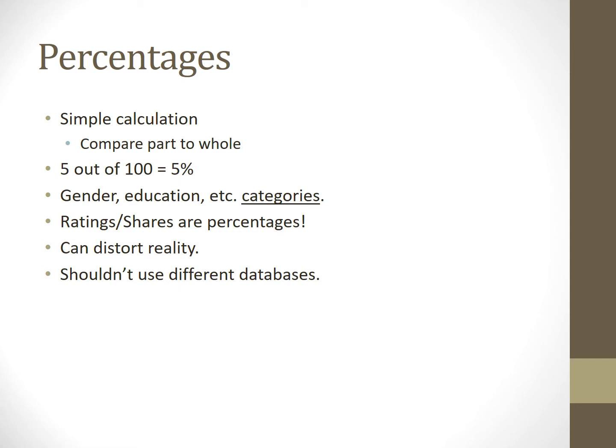Another way to present information is by percentages. And obviously this is a low-level way of looking at the world. So if you have 100 people and 65 of them say they do some activity, that's